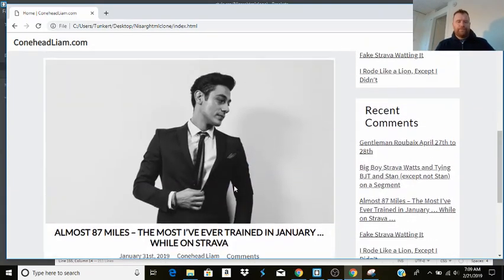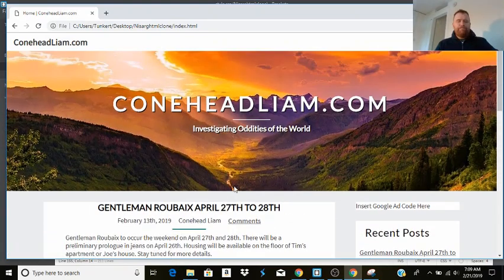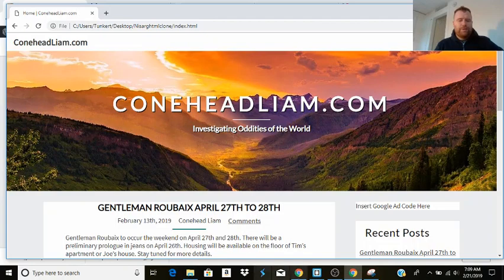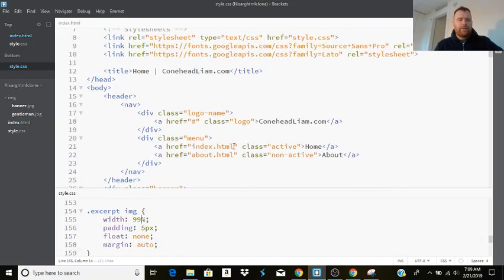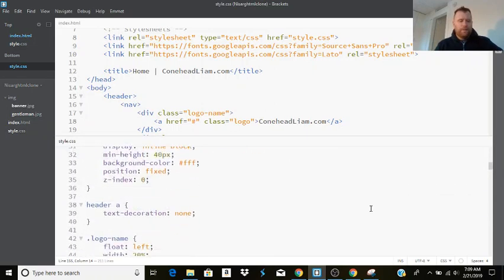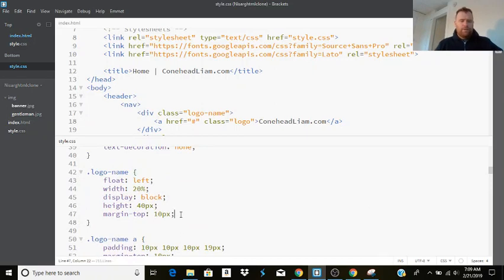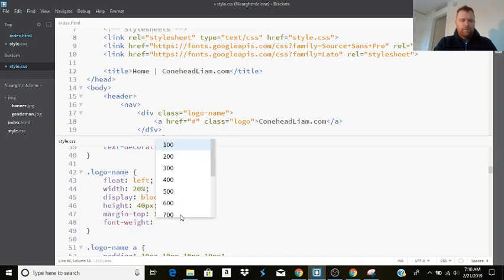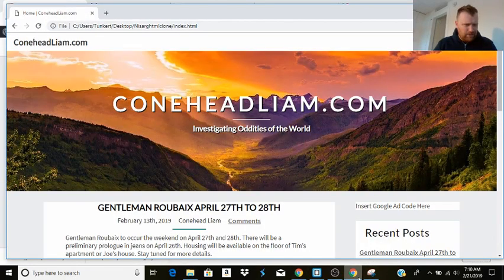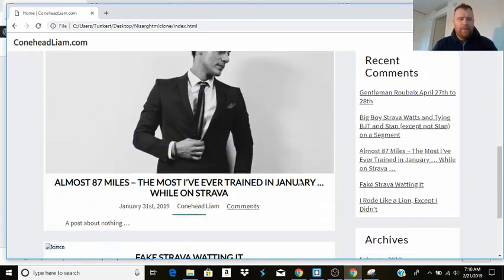That looks kind of cool. So you can see this is looking a lot closer. One thing, this font and this font look a little different. And let's see, what is that in the code? That's the logo name. Let's just do, oh wait, 400. It's actually fairly close. It's fairly close. Okay, so we got that,